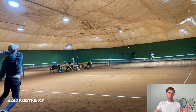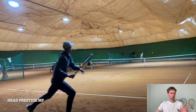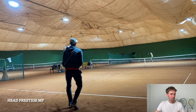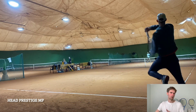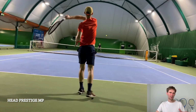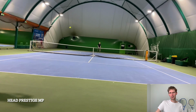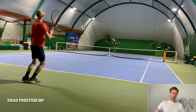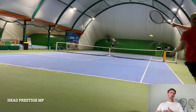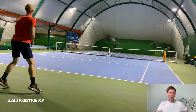Here Prestige MP has the biggest window of time where you can kind of choose what to do with the ball. 305S has similar stiffness response to the Percept 100D, but it is much lower in power. So it kind of meets in the middle between the Prestige MP and Percept 100D, which is fine for me because now I can mix between flat bombs and some spinny solutions, and that's probably why I love 305S the